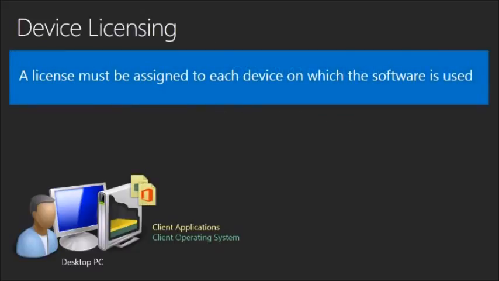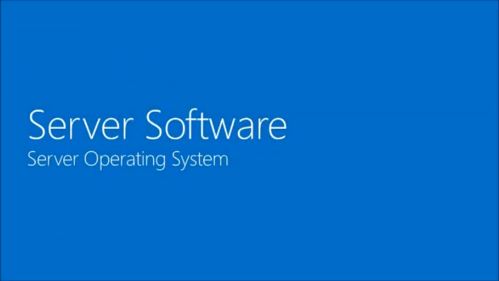Office 2013, like Windows 8.1, is also licensed by device. So our end user here has got a second license assigned to his computer. Often at this stage, I get people pointing out some scenarios where Office doesn't appear to be licensed by device. And you're right, there are some exceptions to this rule. But for now, let's just stick with the idea that Office is licensed by device when purchased as a traditional volume license. One thing that you will learn as you progress through your licensing journey is that there are often exceptions to any rules that we try and create. Okay, let's move on from the client software now and move on to licensing software that's